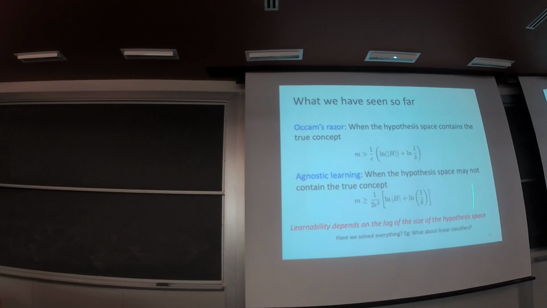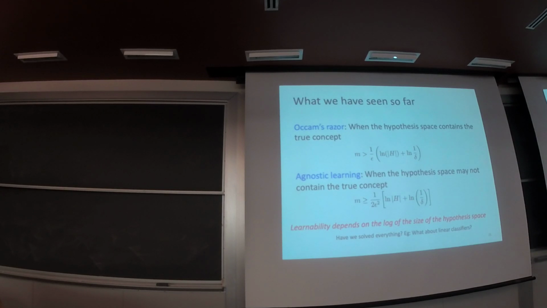Okay, so up to now, what we have seen so far includes two learning cases or learning settings. The first is called consistent, meaning that our learning algorithm is powerful and our hypothesis space is large enough such that we can always return a hypothesis with zero training error. Then we can show that when the number of training examples is bigger than this, we have a high chance to have the true error less than the designated level epsilon.